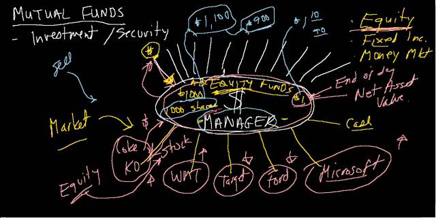But what you're really doing in a mutual fund is hiring an expert manager to do the hard work in investing, and that hard work in investing is figuring out, are Coke, Walmart, Target, Ford, and Microsoft good stocks? And he'll have an expert research team and obviously hopefully some experience, and be able to make very good decisions for the fund. Now, most funds, I'm only showing you 5 stocks here. Most funds own several stocks. In fact, most own usually about a minimum of 25, but they can own up to 100 or more different